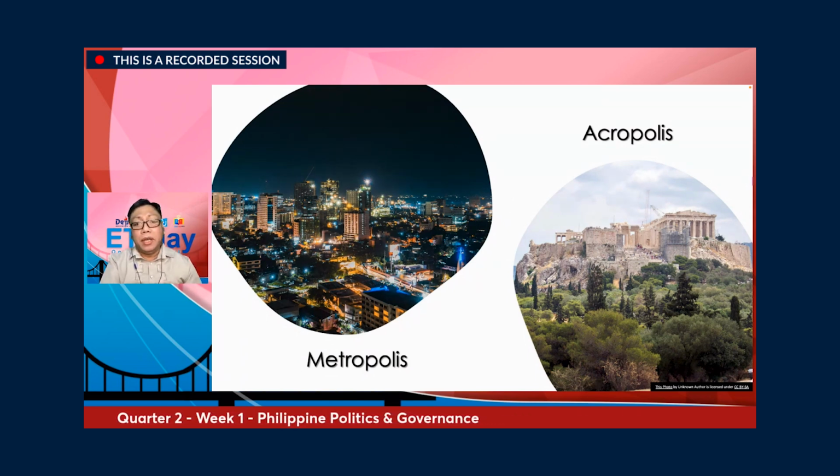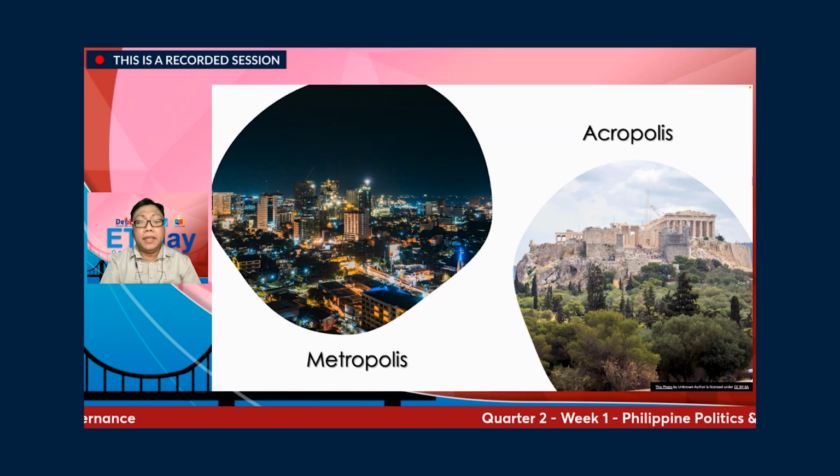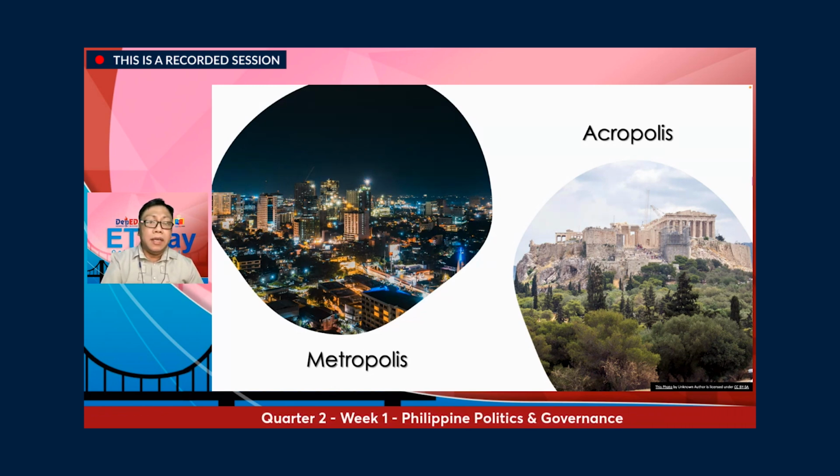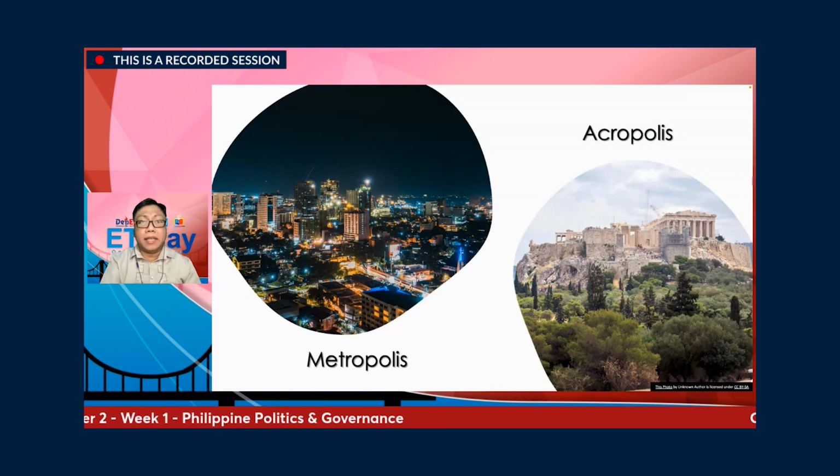This picture on the left is the skyscrapers of Cebu at night. And this means a metropolis of Cebu, gaya din na Manila, no? Maynila, no? You can see many skyscrapers which depict a society that is modern, and that is metro, meaning kampang-kalahatan, and polis, that is the city-state. Na meron naman tayong Acropolis.